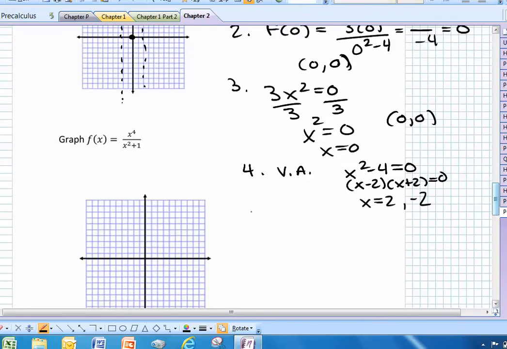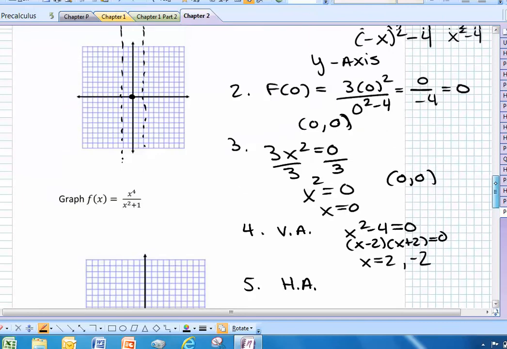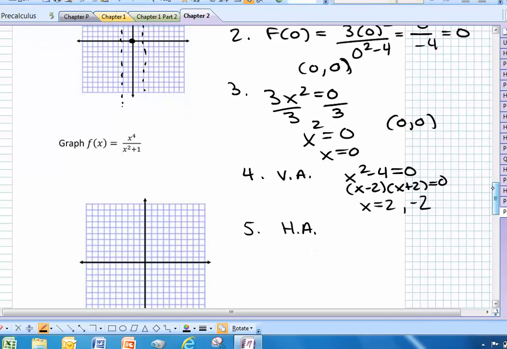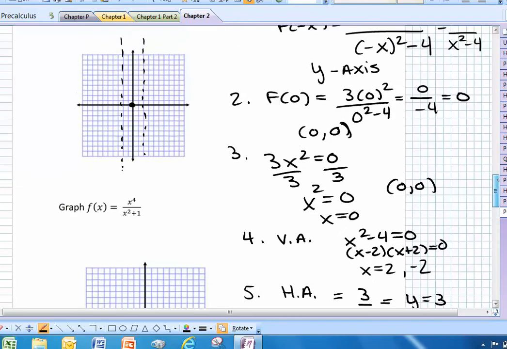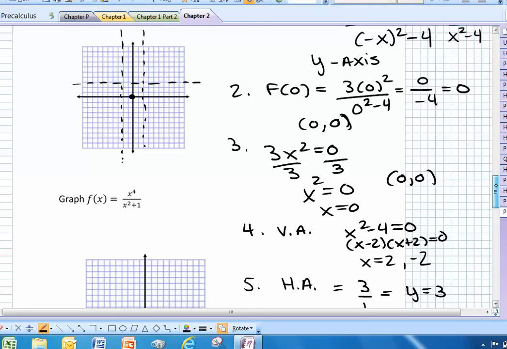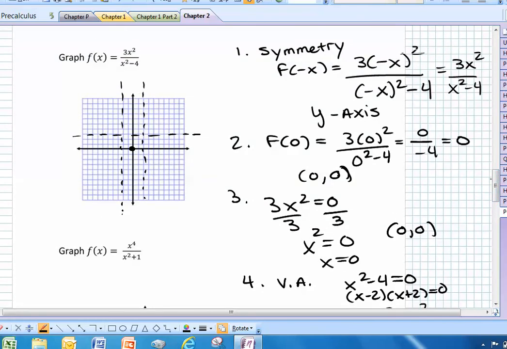The horizontal asymptote, since the degree of the top and the bottom are the same, I'm going to take the leading coefficients, which are 3 and 1, and divide them. So y equals 3 is the horizontal asymptote, which is right there. Now, to plot some additional points,